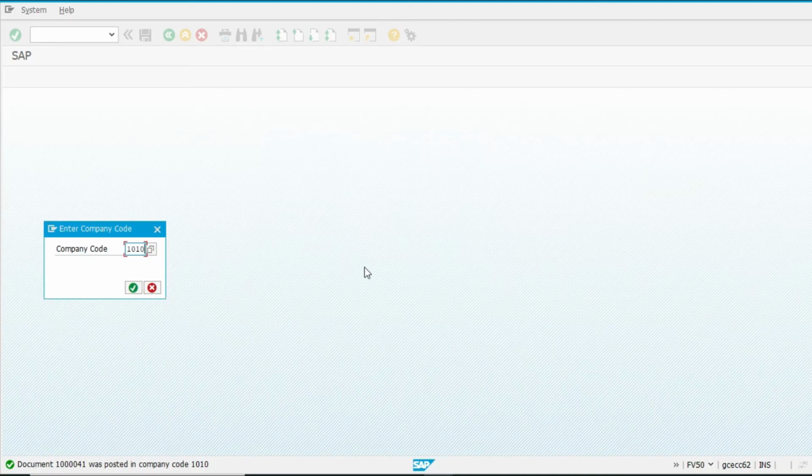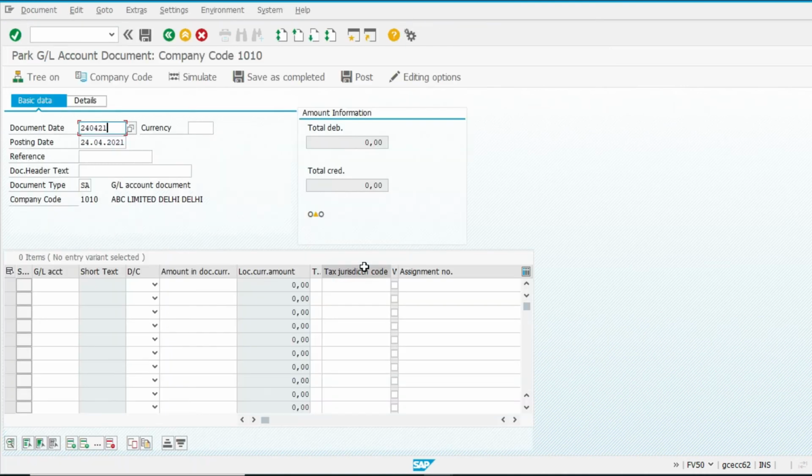So suppose now I am going to post one more document of rupees 2,000, because my 80% budget has already been exceeded.